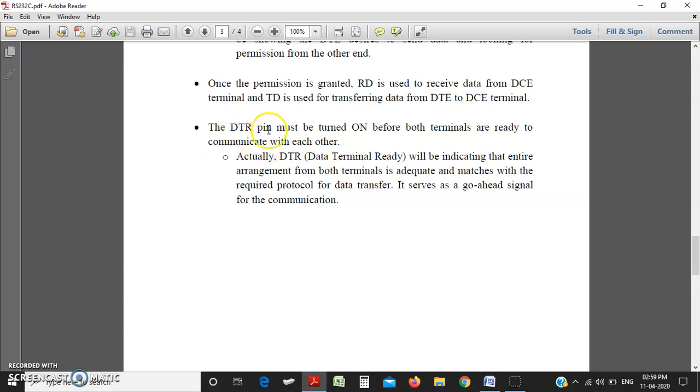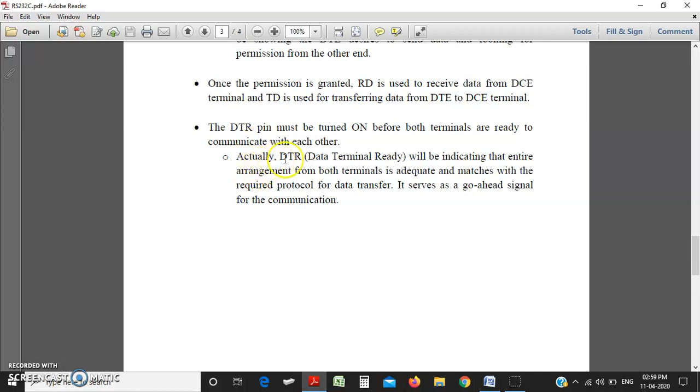The data terminal ready pin must be turned on before both terminals are ready to communicate with each other. This pin will show whether the data transfer is adequate or not, whether both the components, DTE and DCE, have agreed to the data transfer or not.